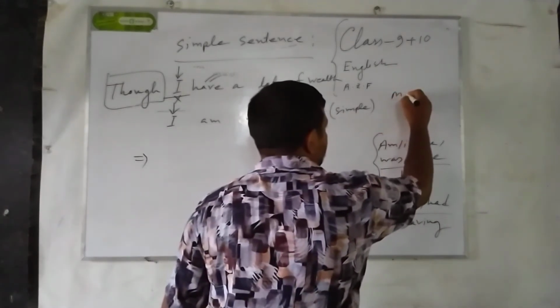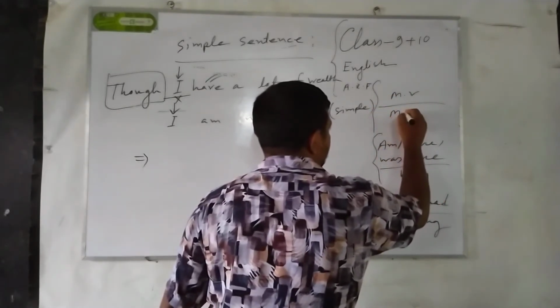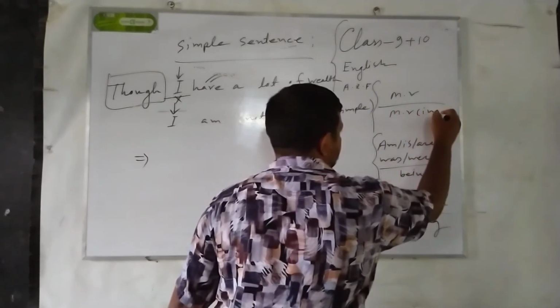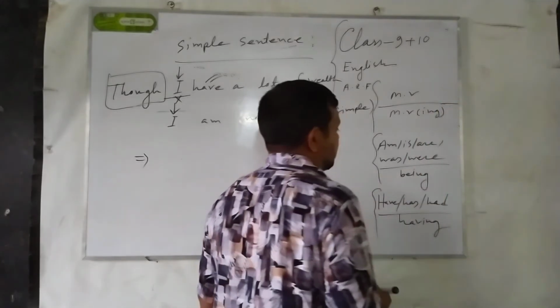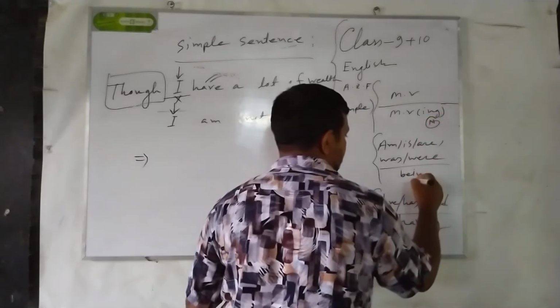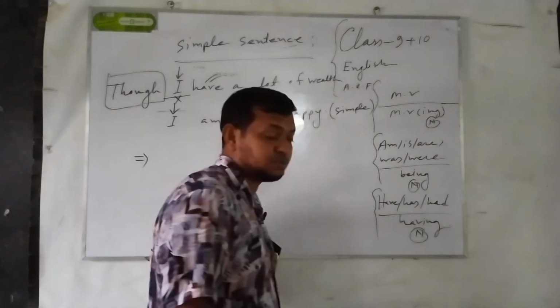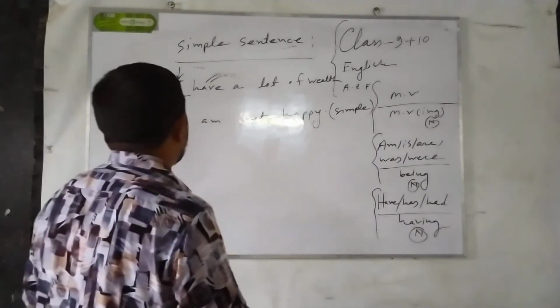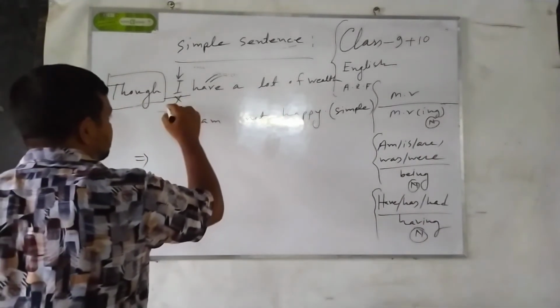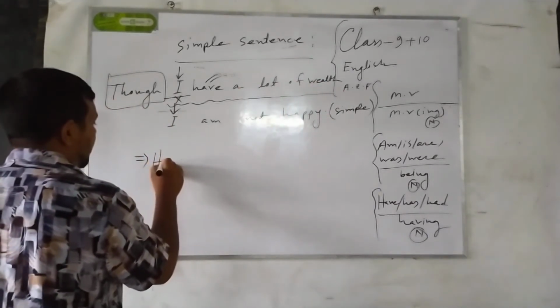Main verb, then it will be verb-ing. It is also a phrase. It is, I think, a noun. This is noun, this is noun, this is noun. It is going to be a phrase. So, I have to change this first sentence and make a phrase: having